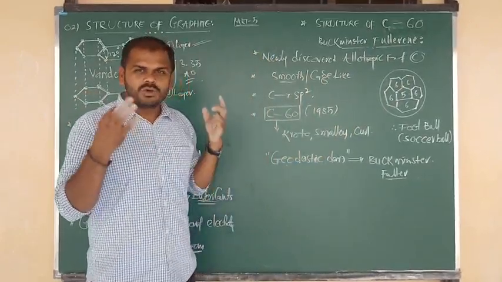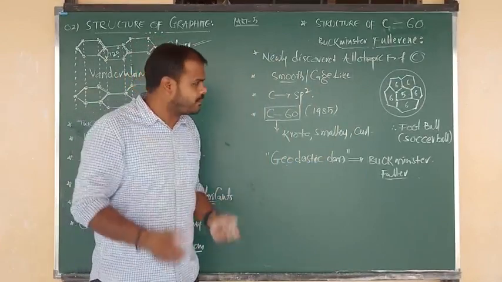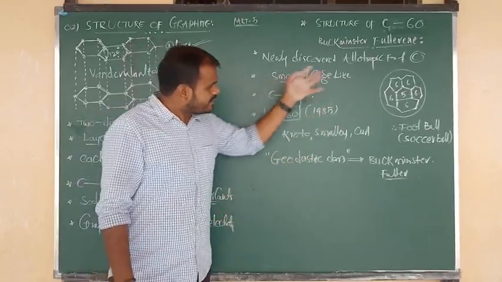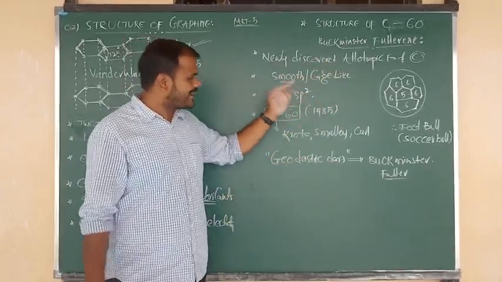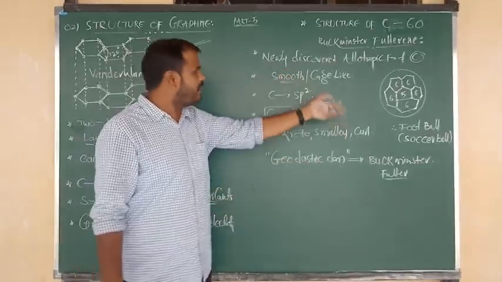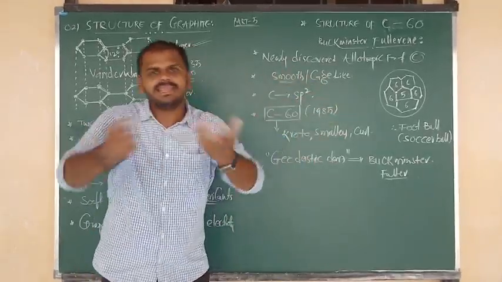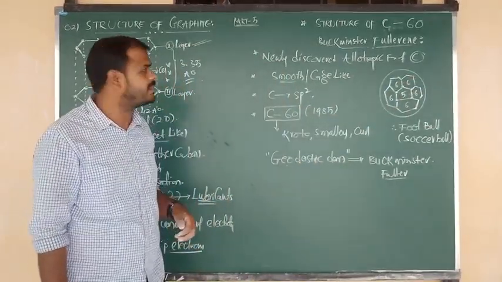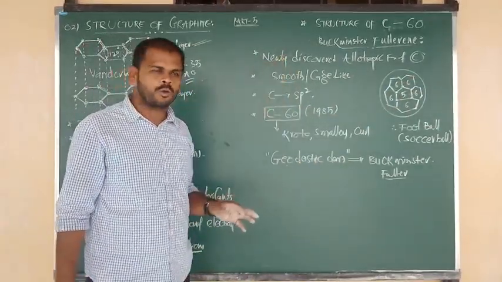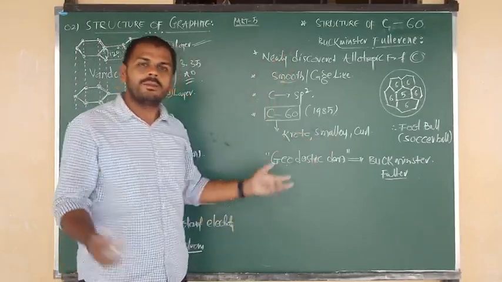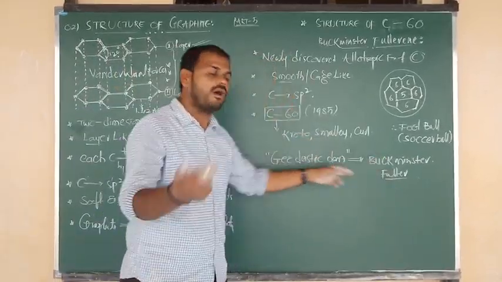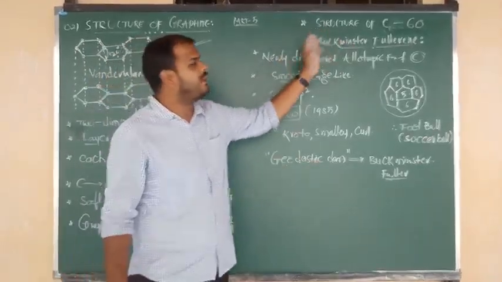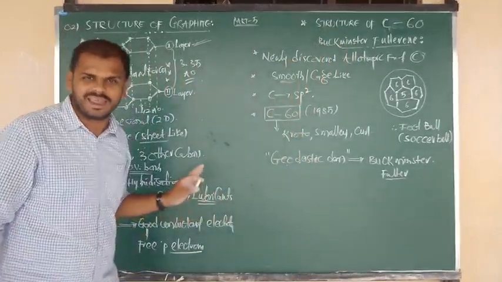So what is the shape of the C60 molecule? Soccer ball shape, and we can also say football shape. In that fullerene, each carbon undergoes sp2 hybridization, and generally fullerenes have a smooth, cage-like structure. Continuous carbon-carbon links are there. It is a newly discovered allotrope discovered by Kroto, Smalley, and Curl. But in honor of Buckminster Fuller and his geodesic dome, they gave the name Buckminster Fullerene to C60.